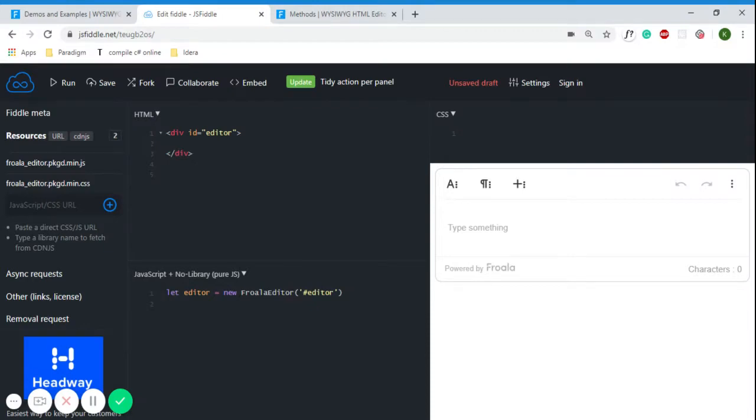In this video, we will get to know about how to use Subscript method in Froala editor. So I have opened JSFiddle on my desktop, and these are the files which I have included under resources, JS and CSS file. And now I'm going to paste the custom HTML button